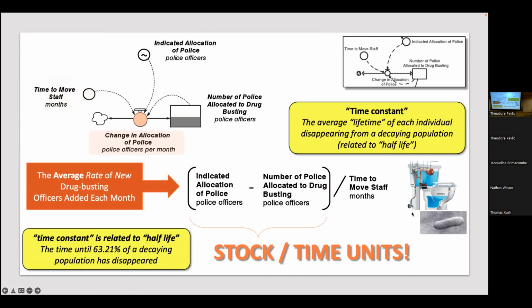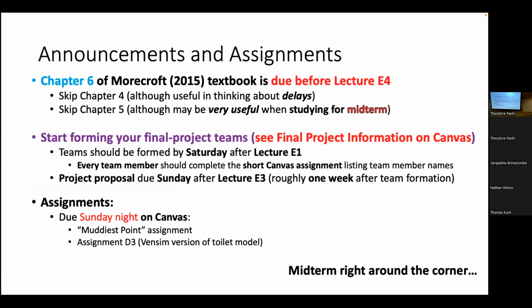So the rest of the examples here, again, I'm just going through the chapter stuff. I'm going to skip over them, and we might revisit them, but they're just kind of an example of how we can use these stocks and flows. So looking forward, the announcements here is that,